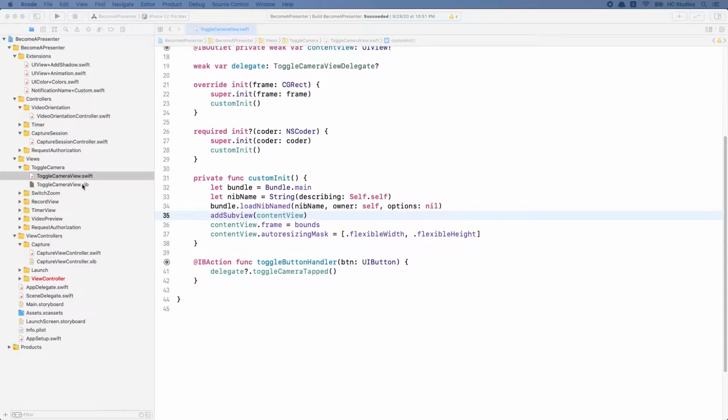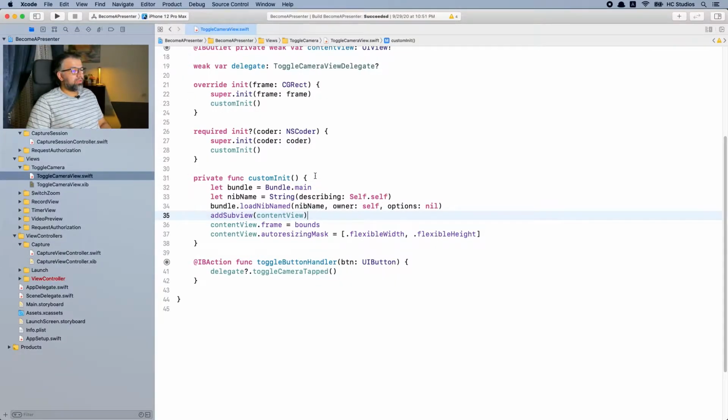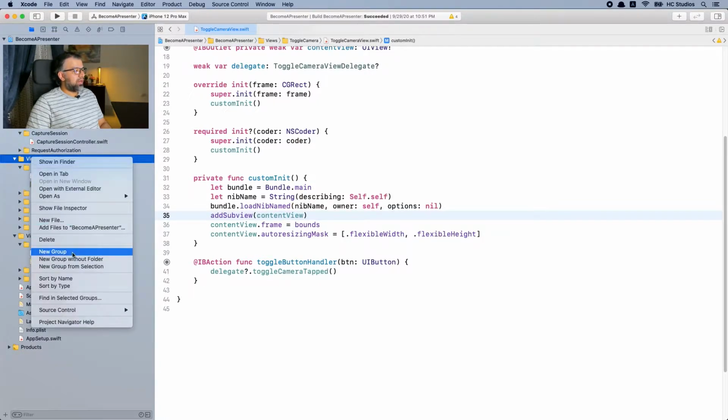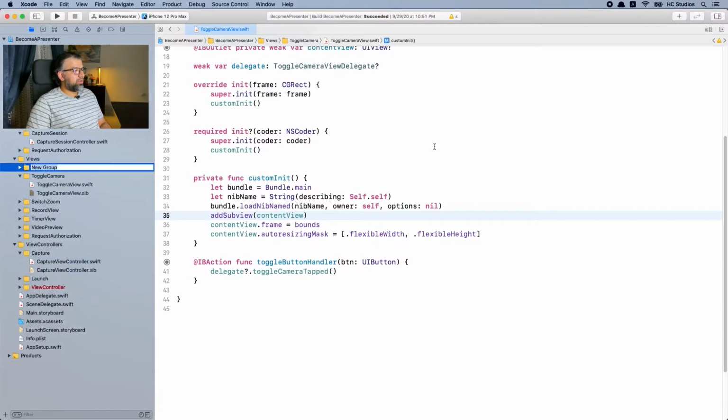We will create an alert view that will be responsible for displaying messages. So let's go ahead and do that. I have Xcode open from the previous video, and we will be creating a group for alert view. So make sure the views group is selected and right click and click on new group. Here I'm going to call it alert,